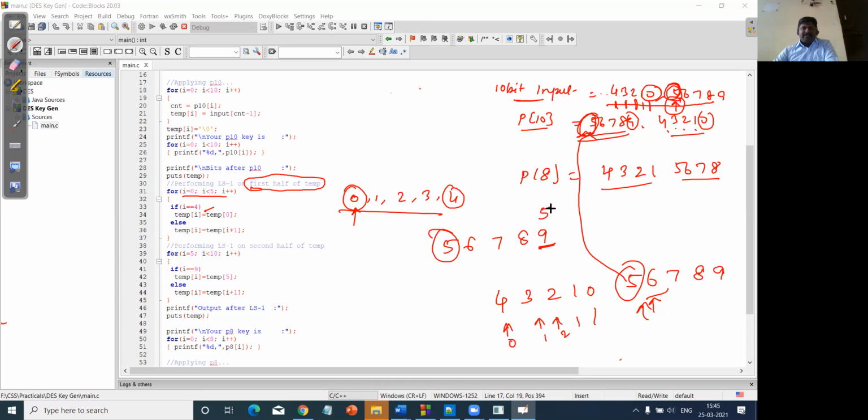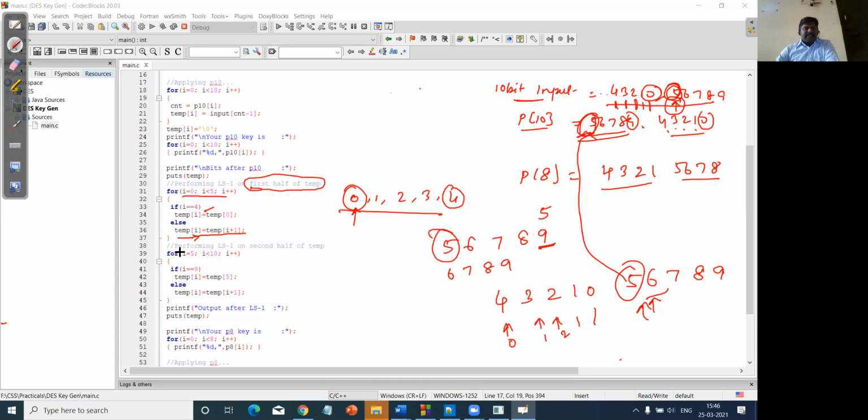So here I'm going to replace with the 5. Got it? And followed by else, we are going to replace temp of i with temp of i plus 1. So here the 0th element will become the first element, and the temp index will be increased by 1.